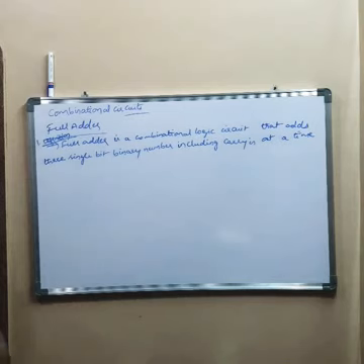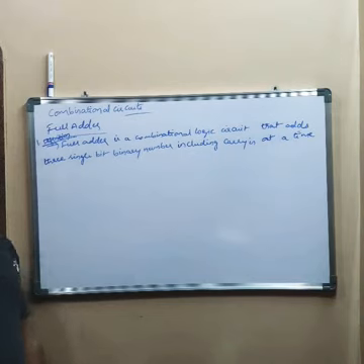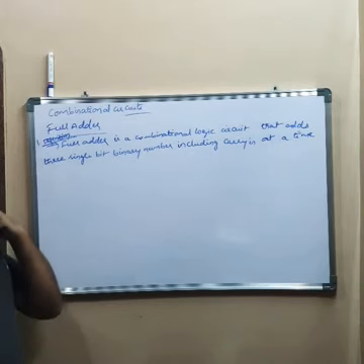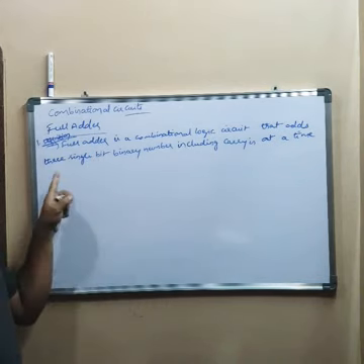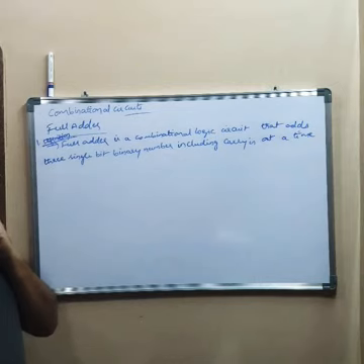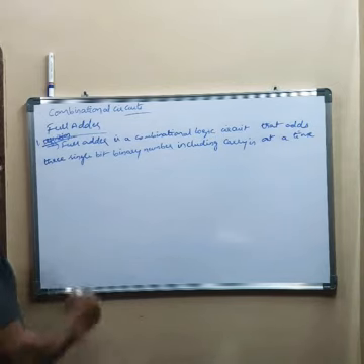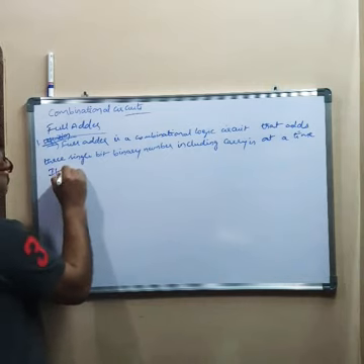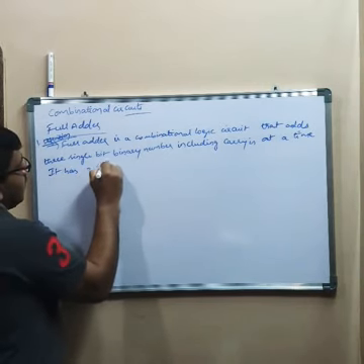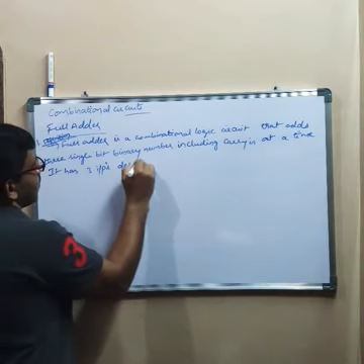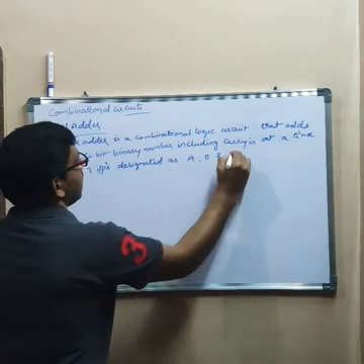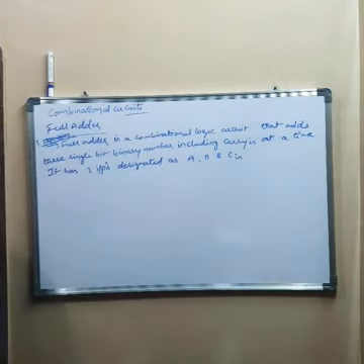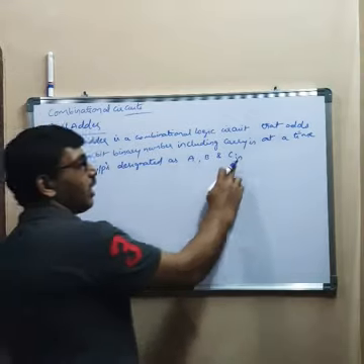Right? When you are adding two binary numbers, if you obtain a carry, that is added to the next significant bit. So finally, the full adder is a combinational logic circuit that adds three single bit binary numbers at a time. So it has three inputs designated as A, B and C in. That bit I am representing as C in.